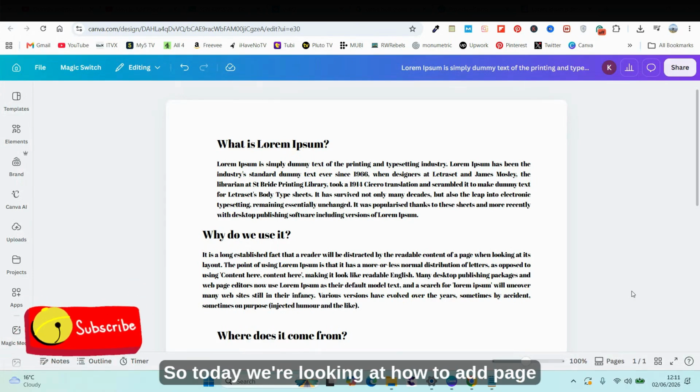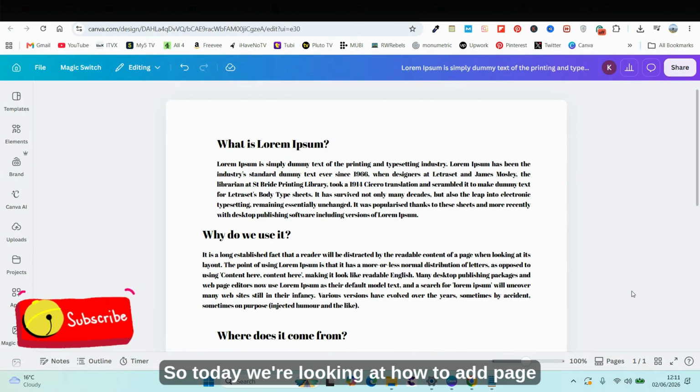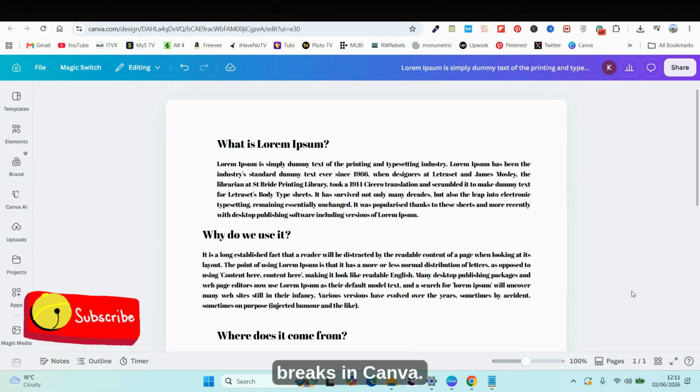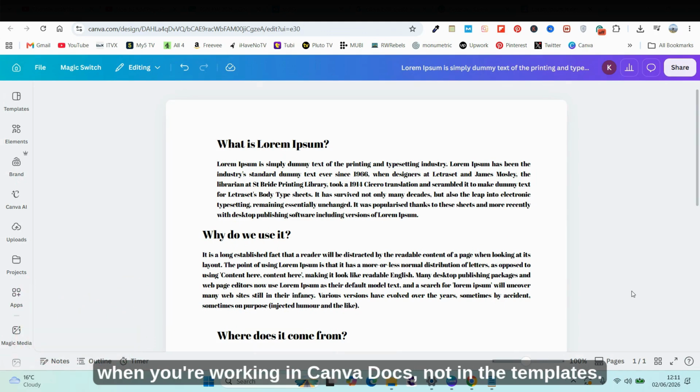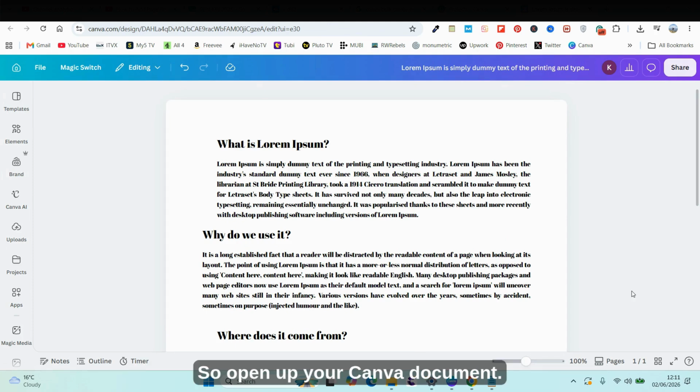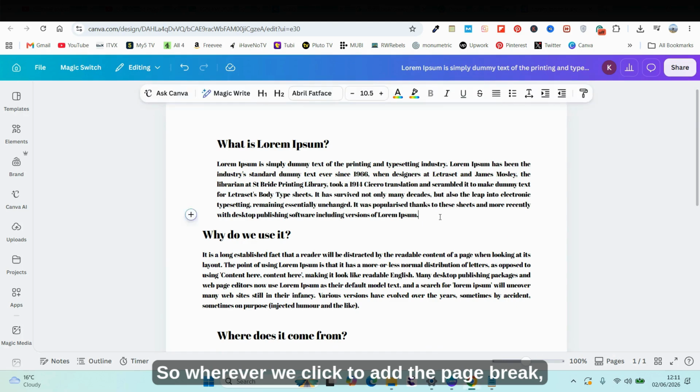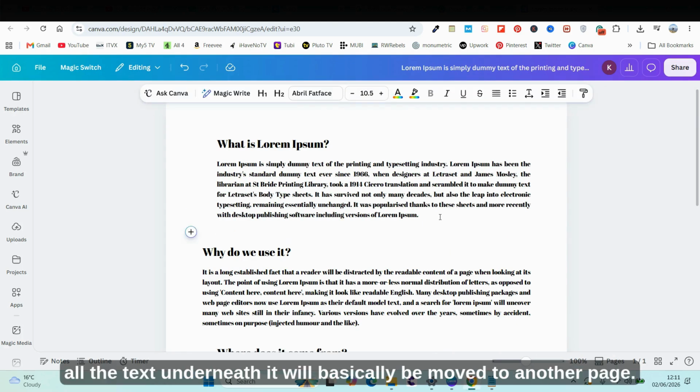So today we're looking at how to add page breaks in Canva. It's important to note that page breaks will only work in Canva when you're working in Canva Docs, not in the templates. So open up your Canva document. We're going to add a page break. So wherever we click to add the page break, all the text underneath it will basically be moved to another